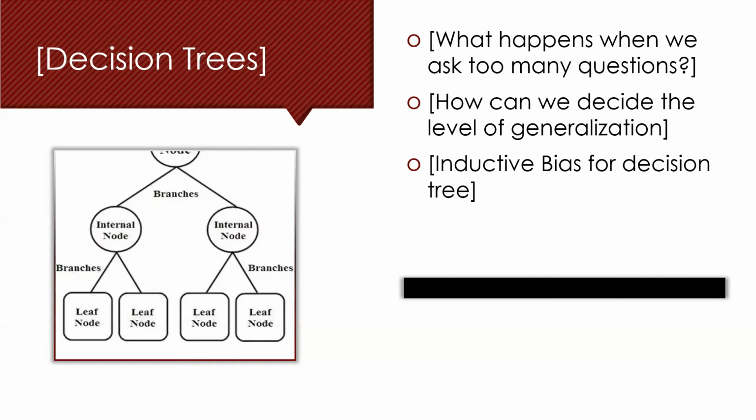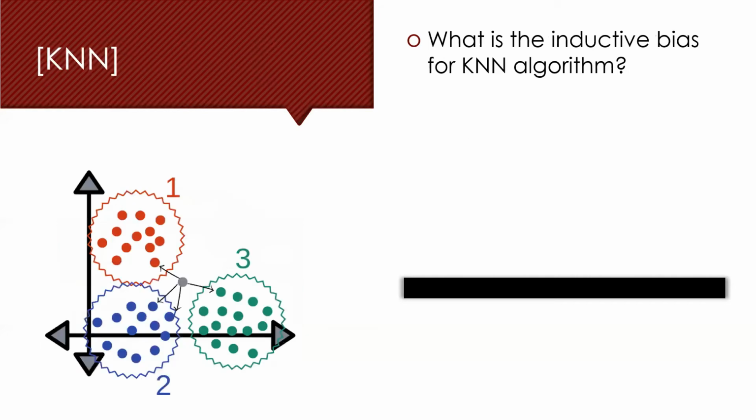Okay, so let's move to another algorithm called KNN, that is K nearest neighbors. This algorithm is also used for clustering and regression. As the name suggests, we're talking about nearest neighbors. In the diagram you can see here we have a bunch of data points, and we are trying to cluster them into groups.